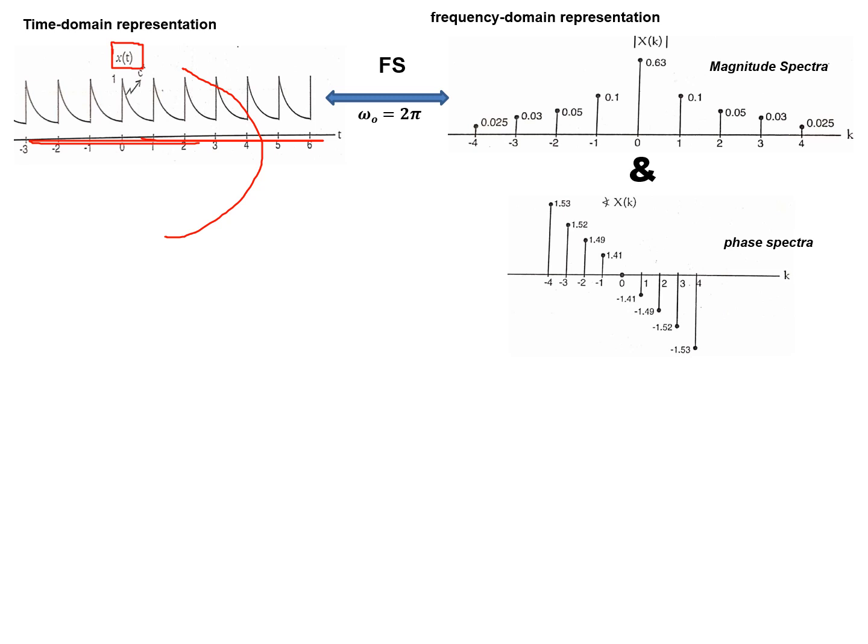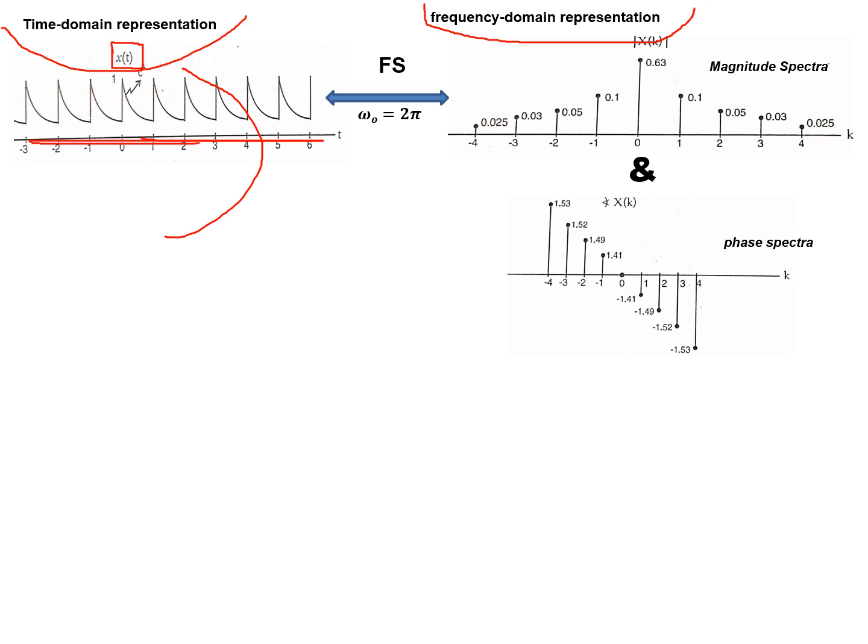You can see this is the phase spectra. Both of them together are to be considered to get the complete information of a signal. So this is the frequency domain representation, whereas this is the time domain representation. To convert representation from one form to another, we require Fourier series because a given signal is continuous time